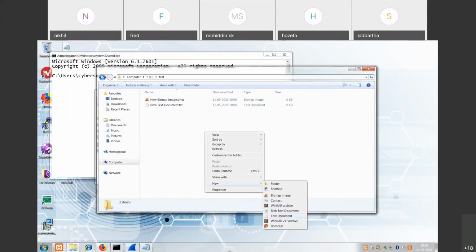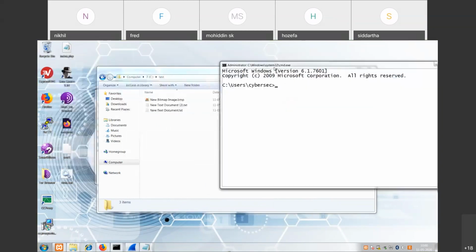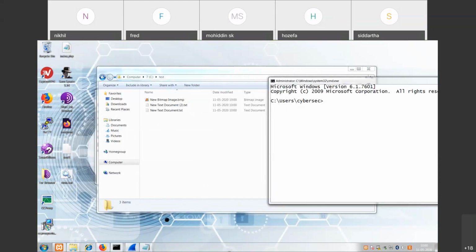But I need to show other practicals also, and I don't want to crash my computer, so I'm not going to do that. I'm only going to show you on this folder. I've created one dummy folder to show you how it is going to delete the files, guys. So now this is a file, guys. The moment you run this file,